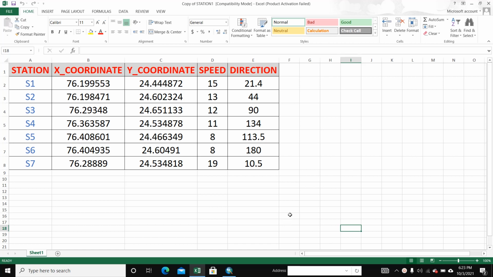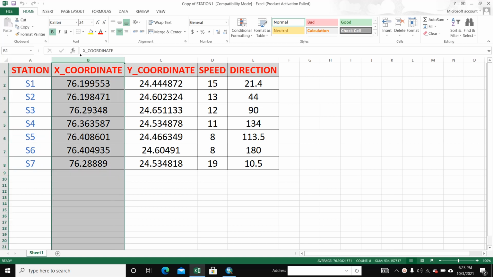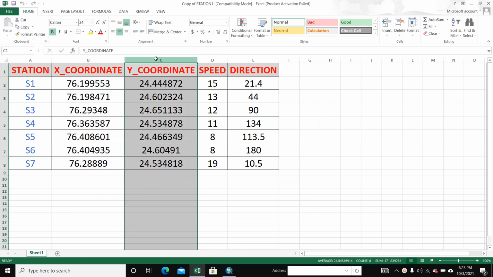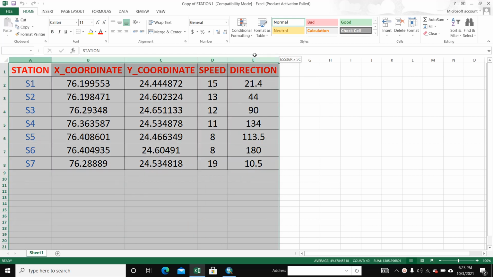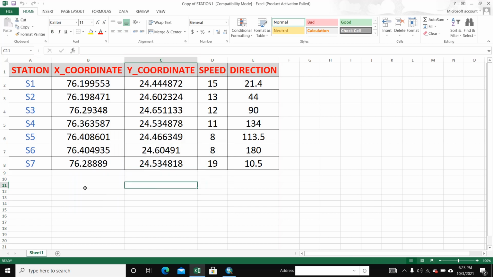So we discuss today. Here we see substation 1, 2, 3, 4, 5, 6, 7 and its x coordinate and y coordinate and speed and direction. Here is the substation detail, coordinate and speed direction. So we create a point, substation point